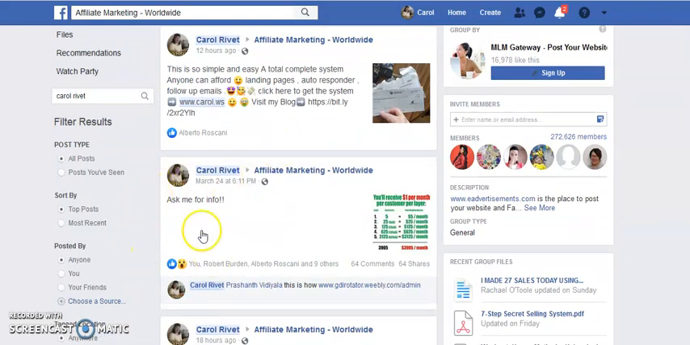Now if you're a beginner, this is one I suggest you start with. Ask me for info, and then this is a very basic image right here. I didn't add anything to it. You can get that up and running within minutes after joining. You can see 64 comments, and I reply to the comments, so it's probably only half, maybe a little less